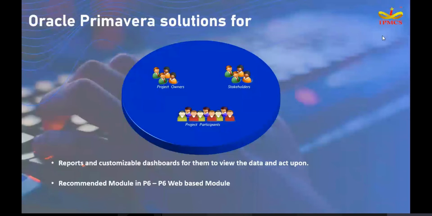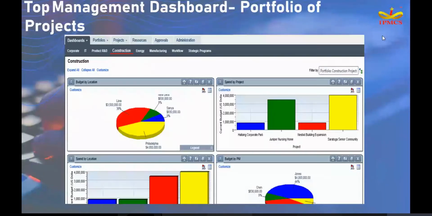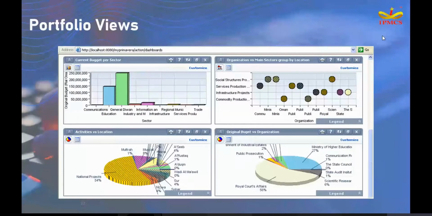In the web, some of the reports which we can generate are dashboards. All information on a single page, you can get in a dashboard. You can generate it for one single project, or for a complete group of projects, or one portfolio. Similarly, portfolio views, where different graphical views are available: pie chart, bar chart, bubble charts, stacked histogram, scorecard. Like that, we have multiple portfolio views available.